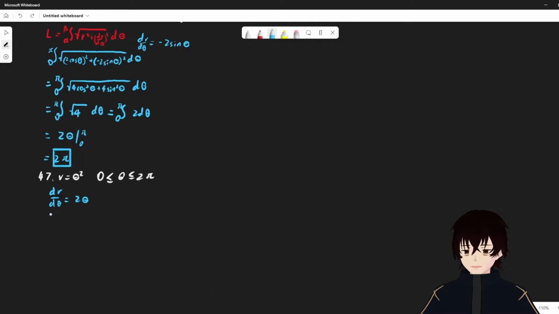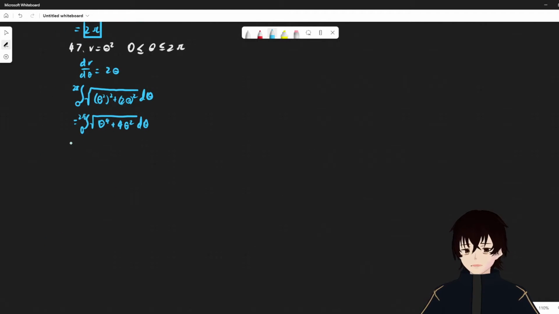Therefore, we want the integral from 0 to 2 pi of the square root of theta squared plus 2 theta squared d theta, which is equal to the integral from 0 to 2 pi of the square root of theta to the power 4 plus 4 theta squared d theta, which is equal to